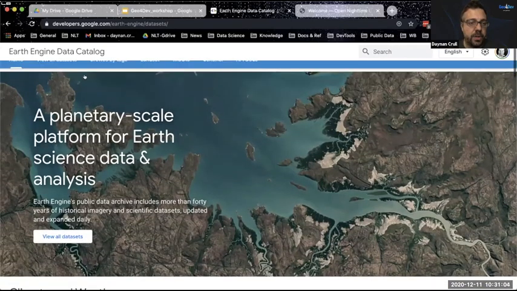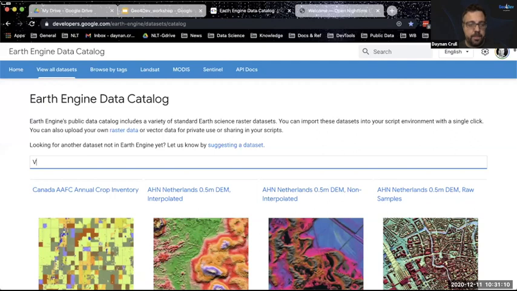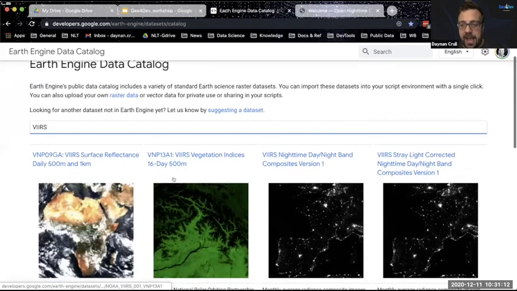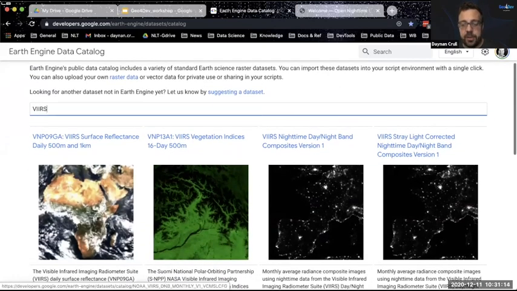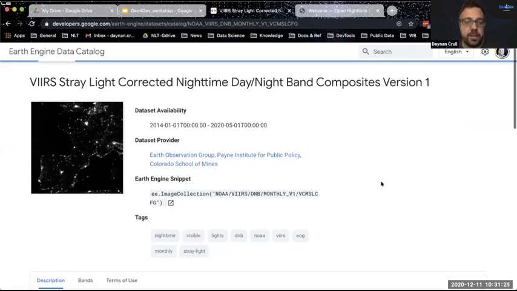If we actually look at viewing, let's take a look at VIIRS data, for example. You can see that we have VIIRS data available, including monthly composites and the stray light corrected nighttime composites. So here's a critical thing as you're exploring data. If nothing else, understand the data that you're looking at.